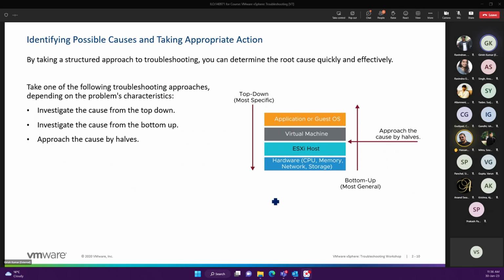So you can see, whenever we are going to understand the problem, whatever problem occurs in our environment. So top-down approach, most specific approach, top-down, where we start investigation at the applications level. As I explained, to solve the problem is not a magic. We must need a good understanding regarding the technology, whatever technology we are using, and the right approach. So most of the time, the top-down approach starts from the applications level, because the application runs on the top